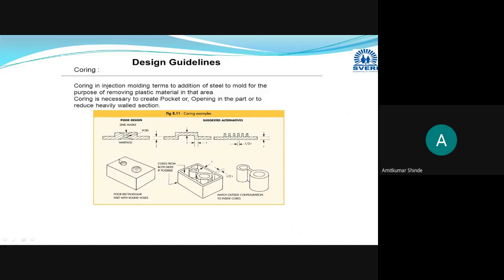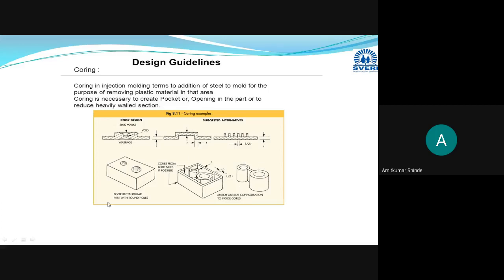Then instead of designing this heavy or thick plastic part, we are going to provide uniform wall thickness. In this heavy section, we provide the uniform wall thickness with the help of steel coring. The steel sections are provided here, and this will be our end product.